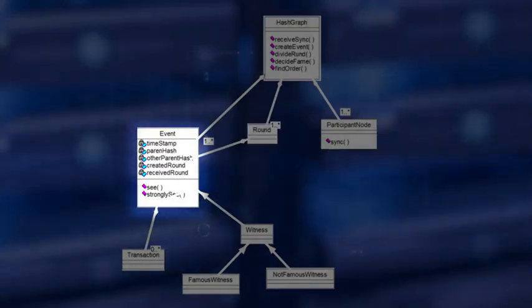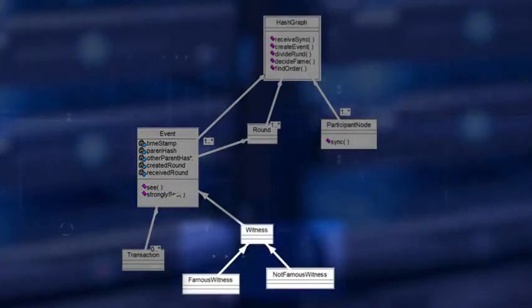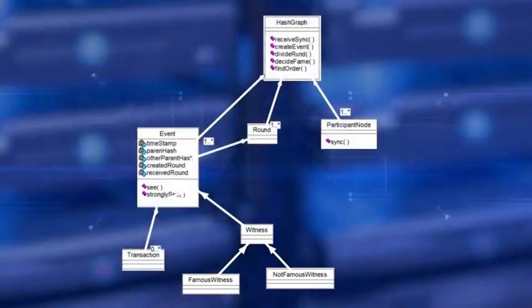Each event instance is made up of a timestamp, 2 hashes or 2 gossips, and 0 or more transactions. An event can be one of 2 types: a famous witness or a non-famous witness. We'll explain all these as we discuss the algorithm. This is a general overview picture to aid your understanding of this complex algorithm.